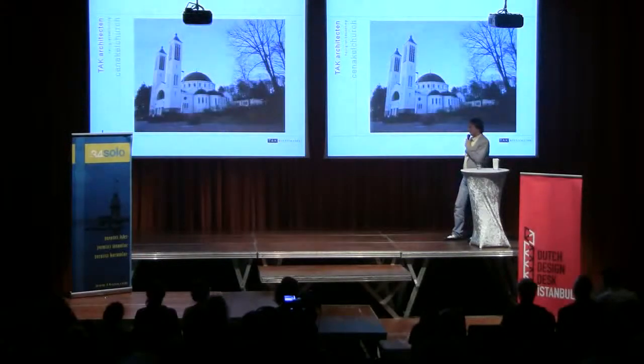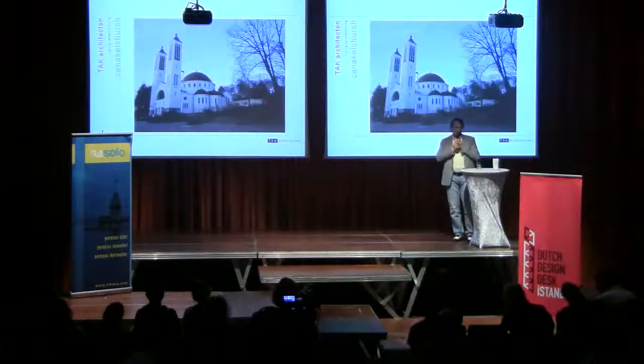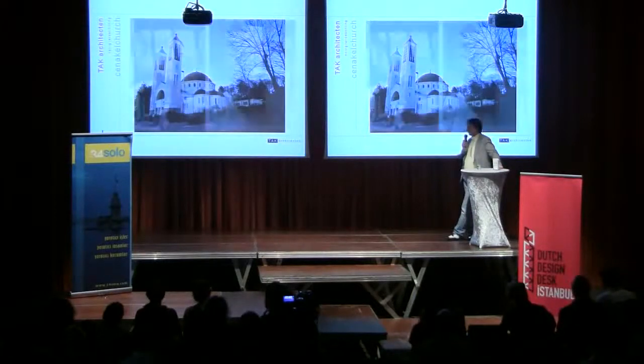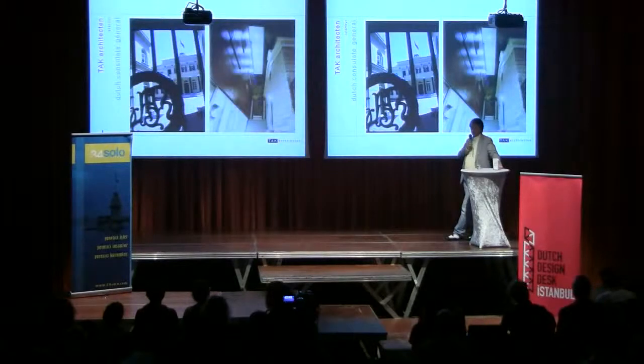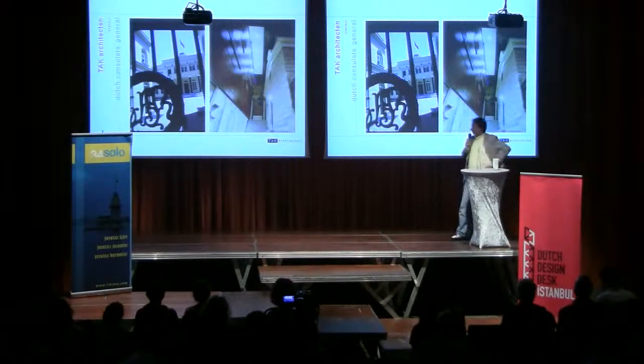If you decide to do a makeover, specifically on a building in this case, because that is the business we do, then it is very important that you reach the core of the building and the strong points of the building, so you can use these in your makeover. If you don't, then in the present situation, let's say, it is fashionable to do these makeovers and to give them